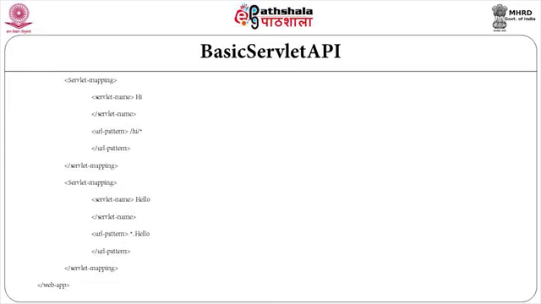For a third mapping, maybe you can repeat one of those components, maybe I want to use hello again. So, another servlet mapping with servlet name as hello again. The first one was hello, the second was hi, and I am repeating the servlet component hello but with a different URL pattern, which is *.hello. So, I have three different URL patterns with three different servlet mappings, though I have only two servlet components, and both of them are actually using a single servlet class.